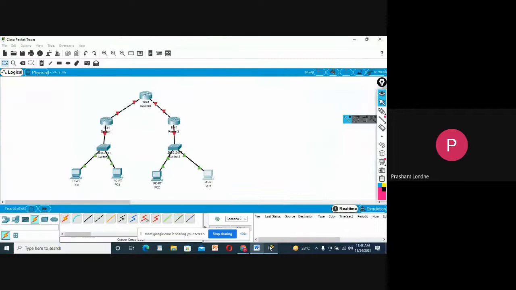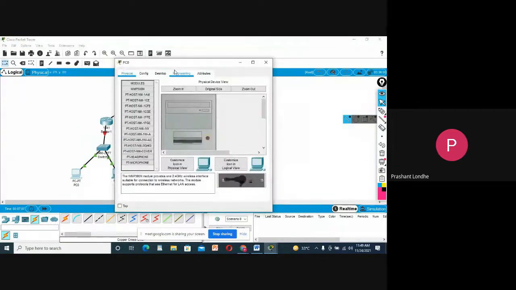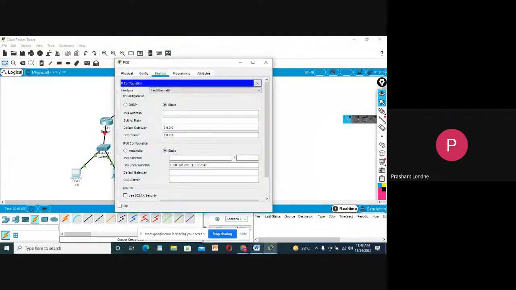PC0, desktop, IP configuration. What is the IP? 1.2. So I will set it to 192.168.1.2 and the default gateway 1.1.